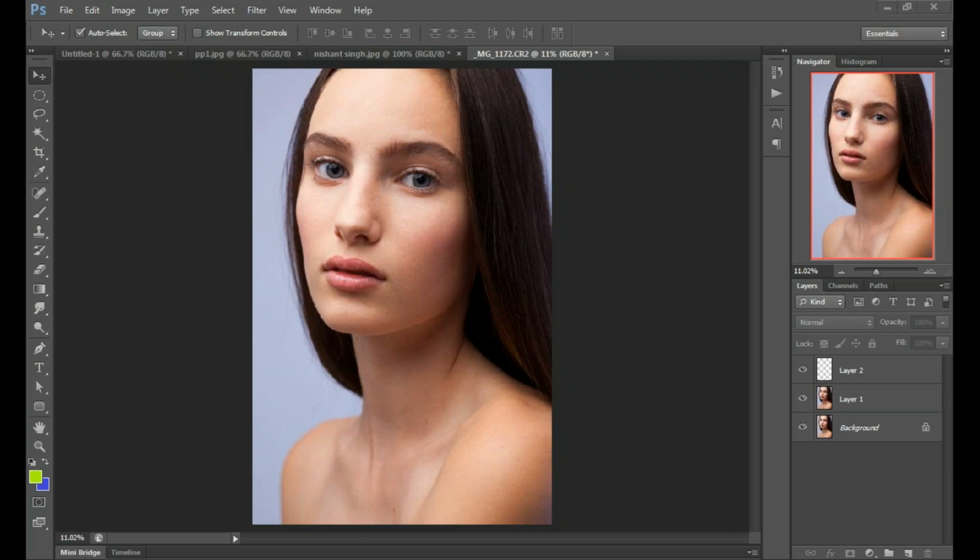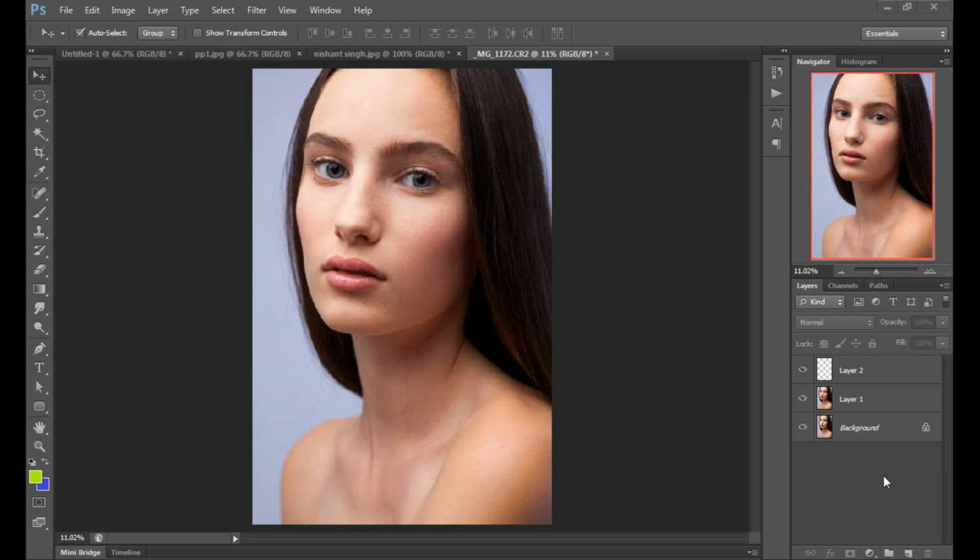Nishant, post editing, if we need to save this image, would it be saved with all the layers, or will it just save the final one which has been edited? We will choose the format in which we want to save. If we want to save it for future editing, we have to save this image in PSD format. PSD means Photoshop document format. Or if we want to use this image somewhere for print or online marketing or my website, I will save this as JPG.